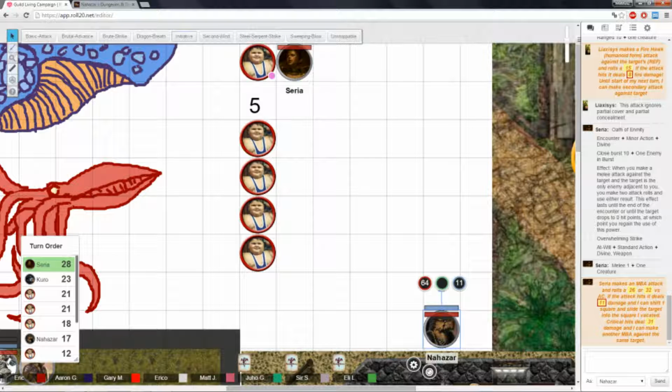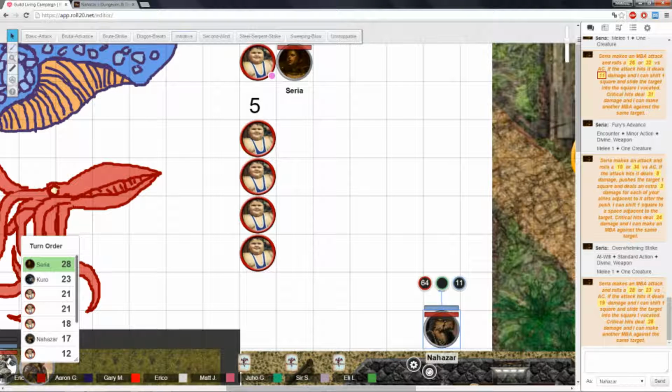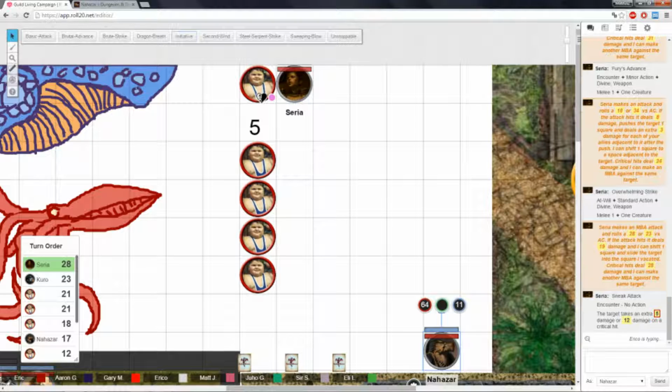All right, and Fury's Advance. 34 is actually a crit. So 24 points of damage. Okay. And 28 versus AC for another 19 points. For another, how much on the next one? On 19. Gotcha. I'll toss in the sneak attack on the other one, so 12 damage extra on the crit. Okay. With that, you dispatch